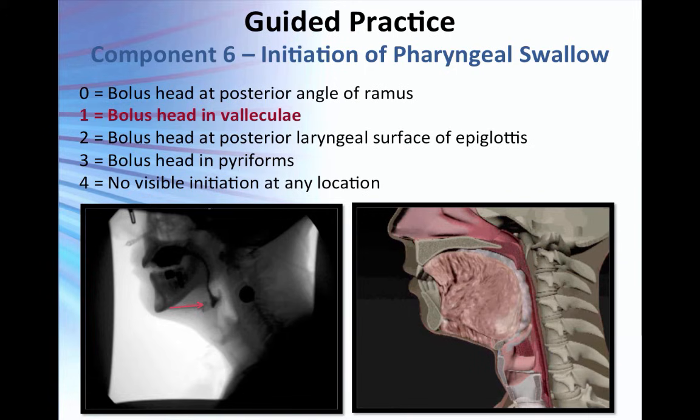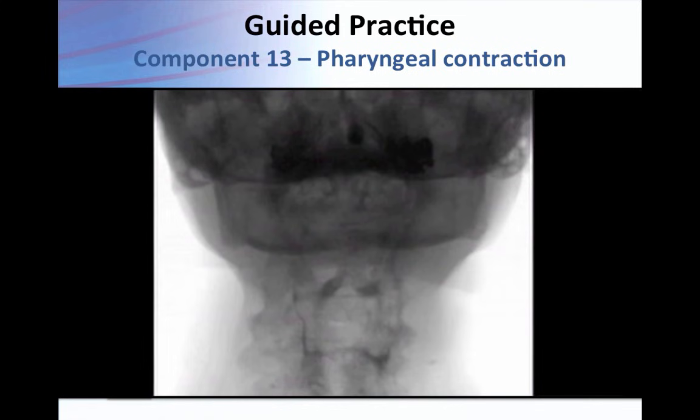If the head of the bolus leaves the vallecula and is anywhere between where the vallecula ends and the piriform sinus start, the top, then that's going to be a score of 2, and that's in the region of the hypopharynx, and we say posterior laryngeal surface of the epiglottis. Unfortunately, many clinicians neglect to do the anterior posterior view. It takes work. You have to reposition the patient. Clearly, you can't test everyone based on their physical condition, cognitive condition, but many times, if you're diligent, you can